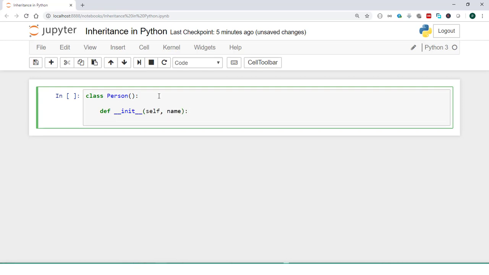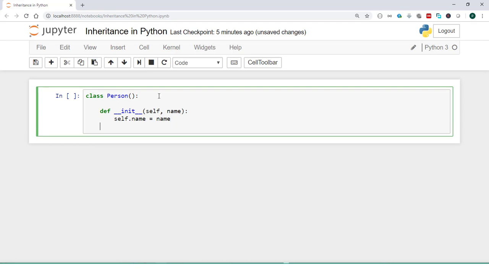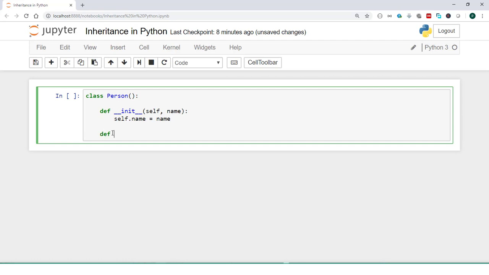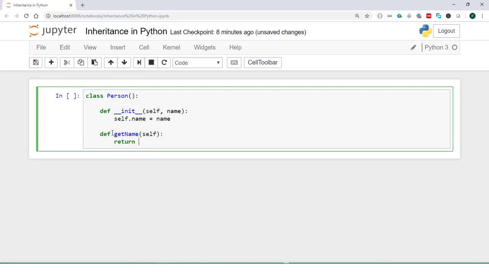Now inside this __init__ method, we are going to write an instruction self.name is equal to name. So now the left hand side argument name will become an instance attribute name, and the right hand side name will be the value that will be passed as an input argument to this function or the constructor. Now the next function that we are going to define is a getter function, which is nothing but getName, and it will take again one argument which is self, and this is going to return us